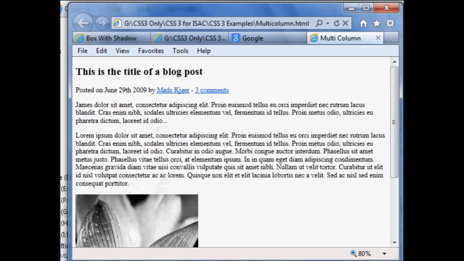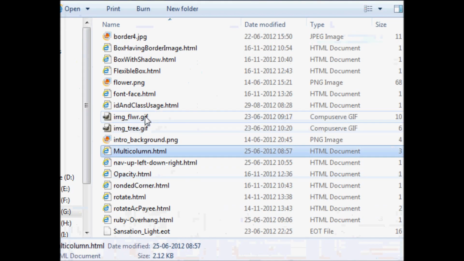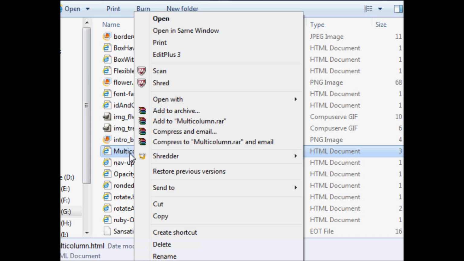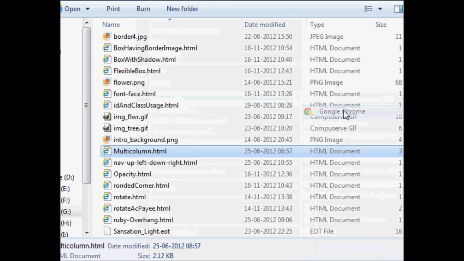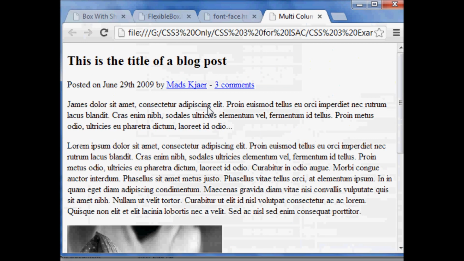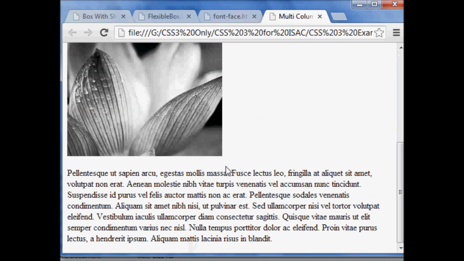Well, if I open this code in Chrome, so open with Google Chrome here. So here also we are not getting the effect.